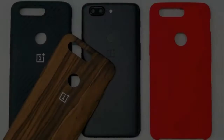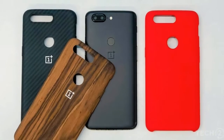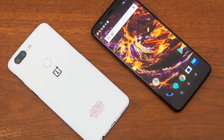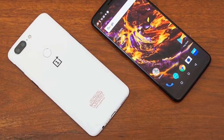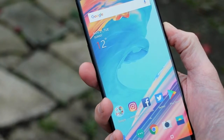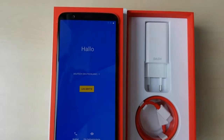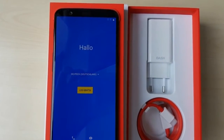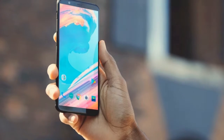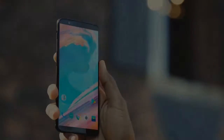The OnePlus 3T was released 3 months after the 3, and made use of the latest chipset from Qualcomm in an identical body. The OnePlus 5T is the reverse approach, remaining basically identical inside, while redesigning the outside. The biggest difference you'll see with the 5T is the new 6-inch edge-to-edge display, up from 5.5 inches. It's a smart move, as large bezeled smartphones are looking progressively dated. If OnePlus had waited until next June to embrace the technology, it would have been left